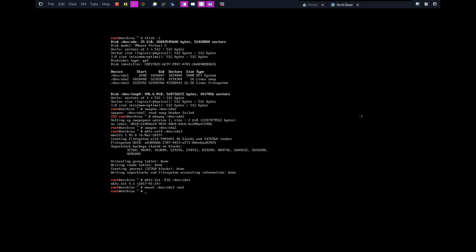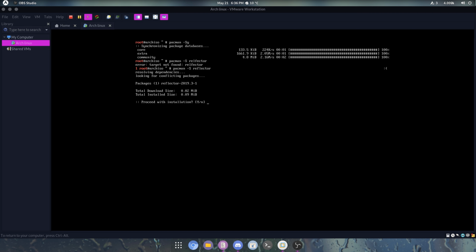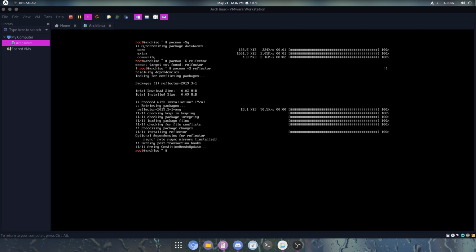And after that's done, alright, so as I said, we're going to be updating the database real quick, just to make sure that everything works. And it does. It's going quite slow. Reflector, hit yes. And after that's done and it's installed, we are going to